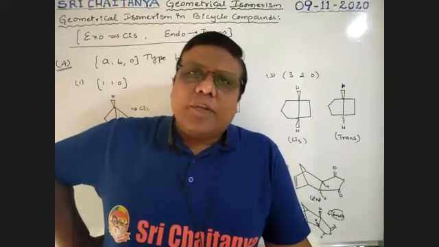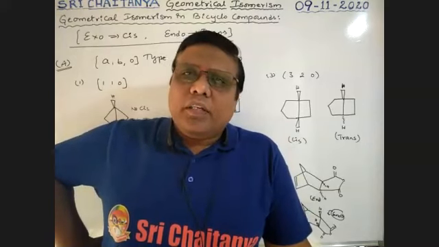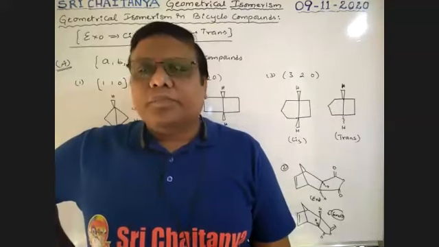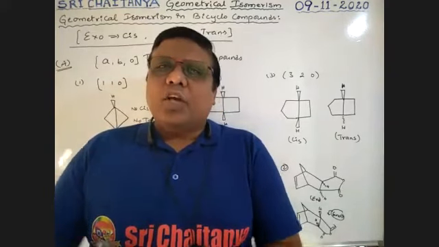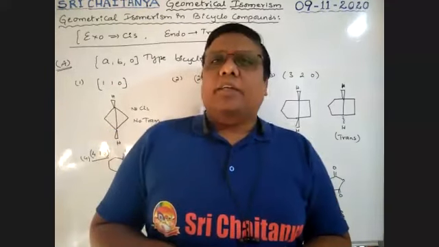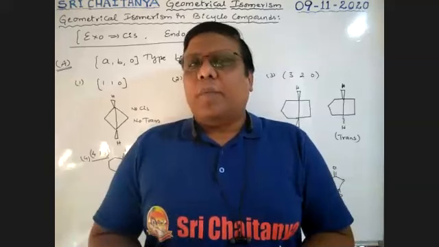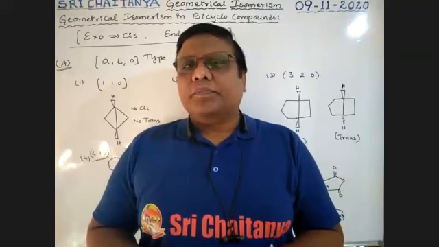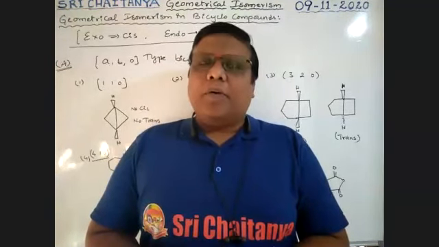Already we covered conformation, boys. In configurational isomerism, the first one is geometrical isomerism. Geometrical isomerism is due to restricted rotation, that means not free rotation. It is due to restricted rotation around either C double bond C or C double bond N, whatever it may be, but restricted rotation between two atoms. That is the presence of pi bond.